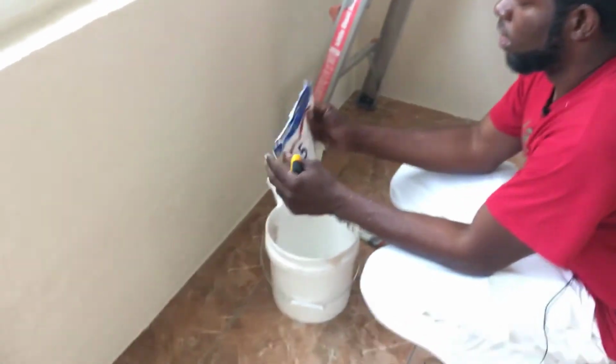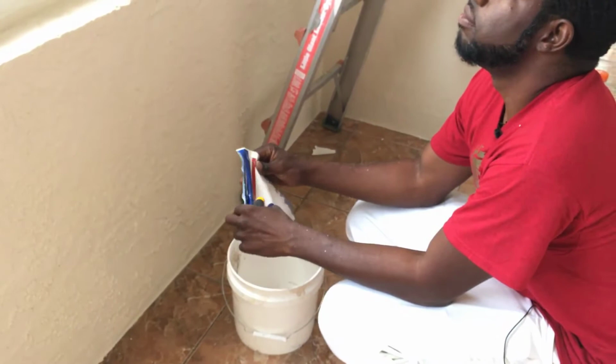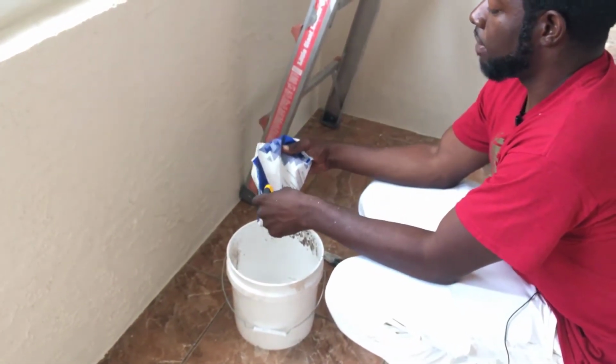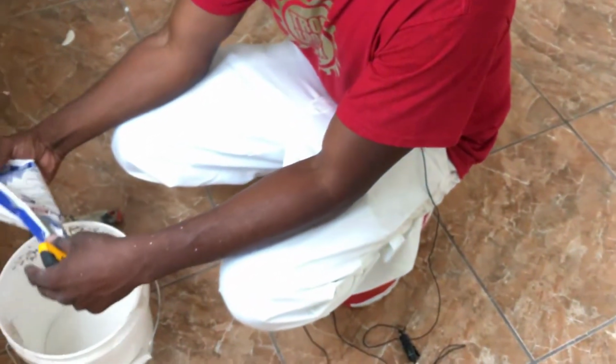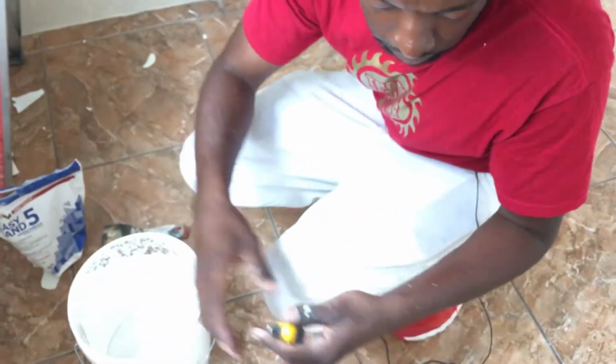So you're gonna pour a little bit in the bucket. This is almost like making pancakes. You're gonna make it with the same consistency as you would if you were making some pancakes, because the goal is to